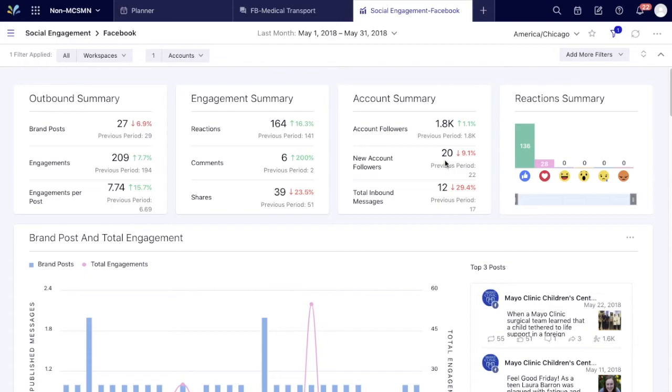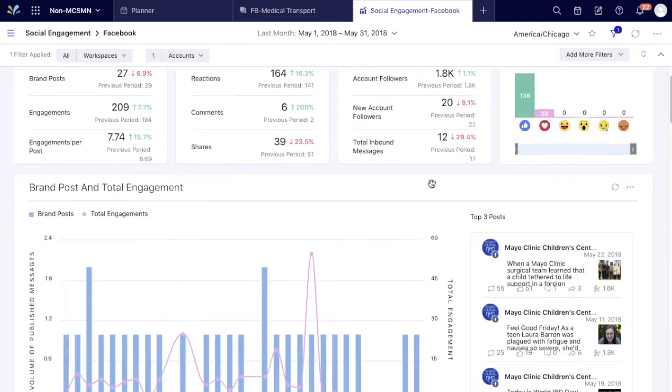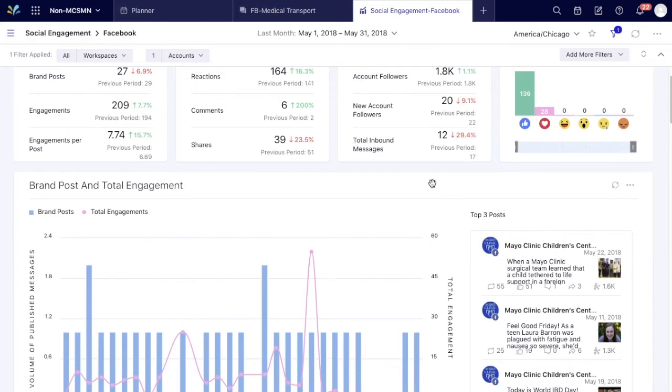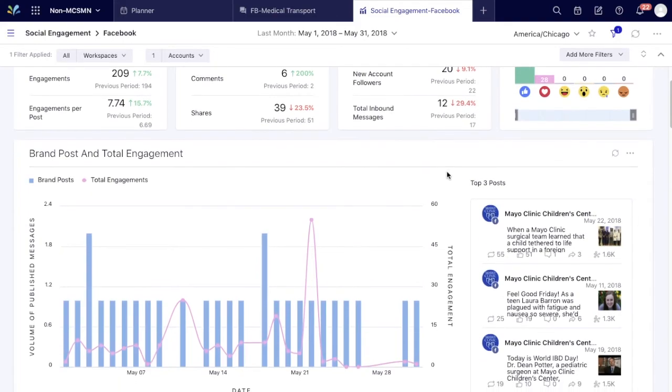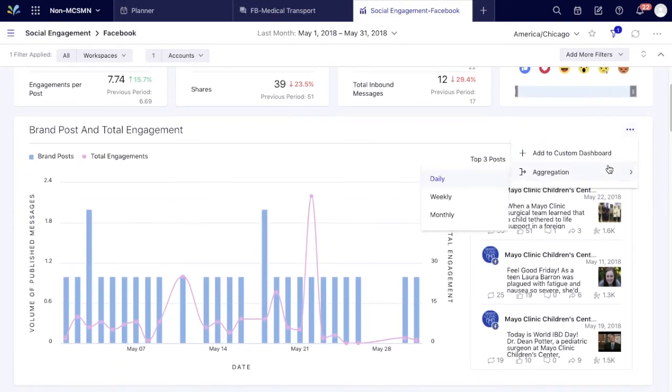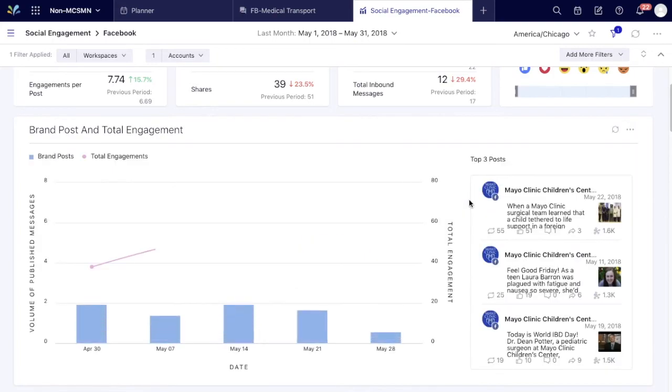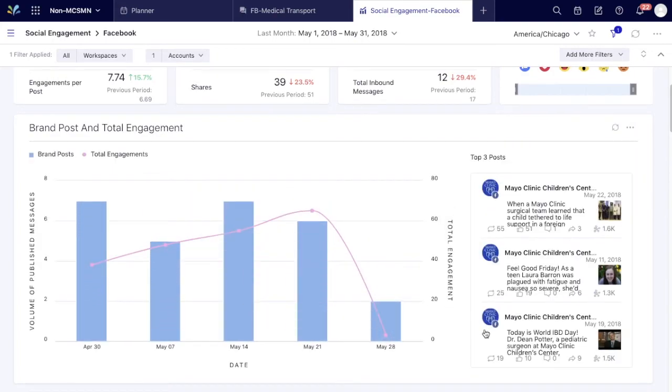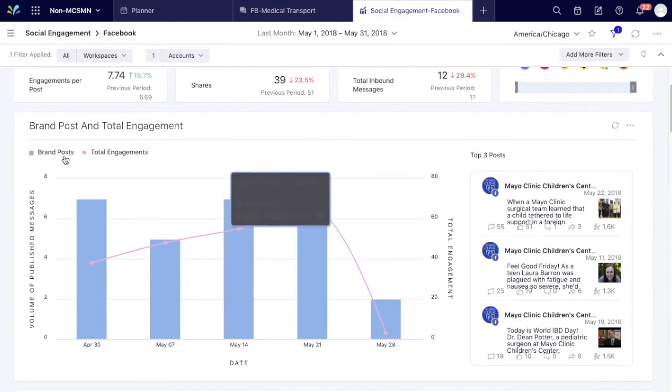And you can see the amount of new followers they got this month compared to the prior month. I won't go over everything in this report as there are a lot of widgets that are available to look at, but I'll highlight a few of them. Some of them have an option to change the aggregation. So you can see right now it's on a daily view, but I could change this to look at a week at a time. In this case, the blue is looking at the number of brand posts published in comparison